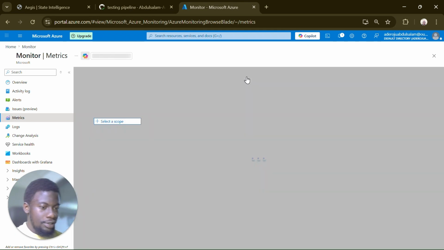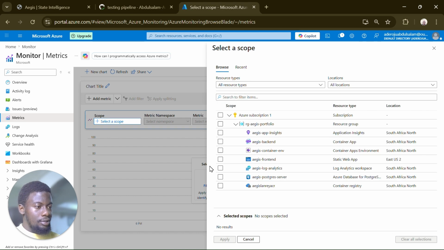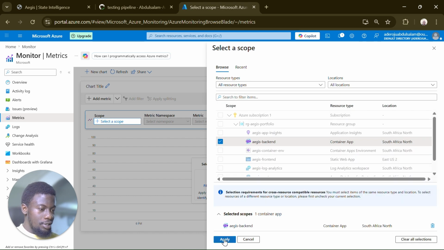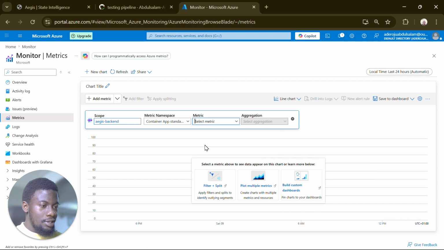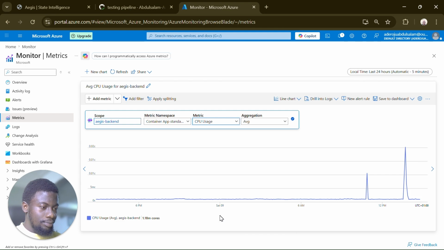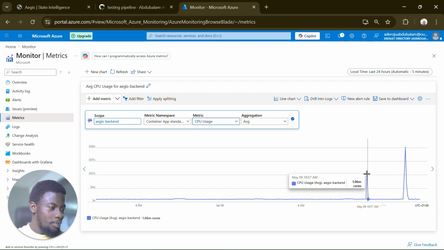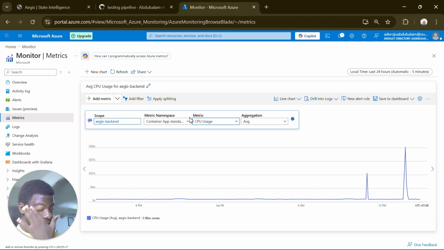So for metrics, we can basically track the different things we already set. For example, for the backend, we already set some metrics. For example, we can see our CPU usage. So the CPU usage has been pretty consistent. I think this is at the point where we made certain requests, or maybe we tried to use the forecasting model. That's where we usually experience those hikes in CPU usage, because the forecasting model would definitely consume